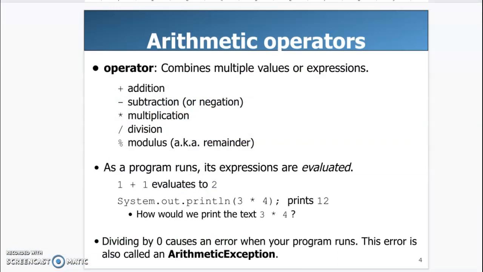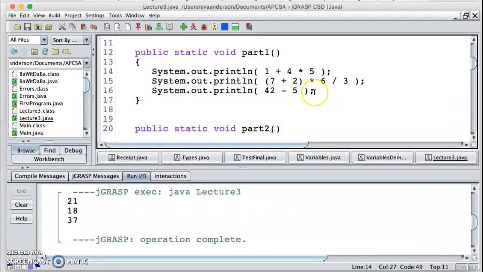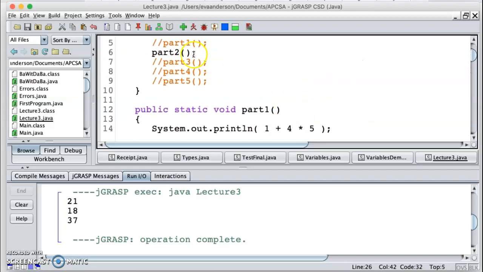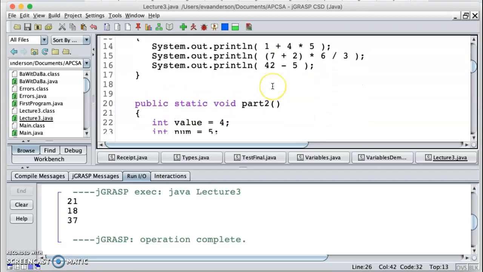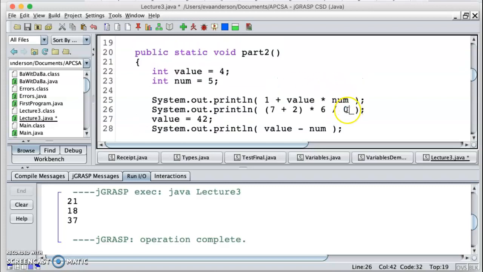One thing we need to be aware of when we're doing the division and the modulus is that we want to avoid dividing by 0. That will cause our program to quit. So let me see if I can show that. We have one here. Right now it is running method part 2. You don't need to know about methods yet. It's running this one. So if I change this to a 0